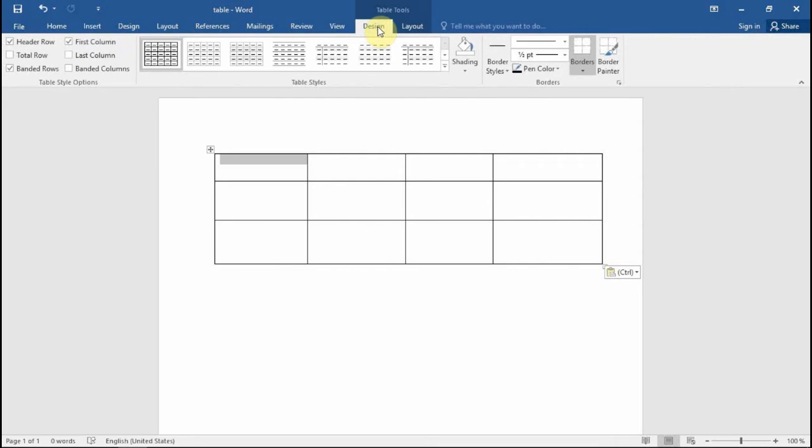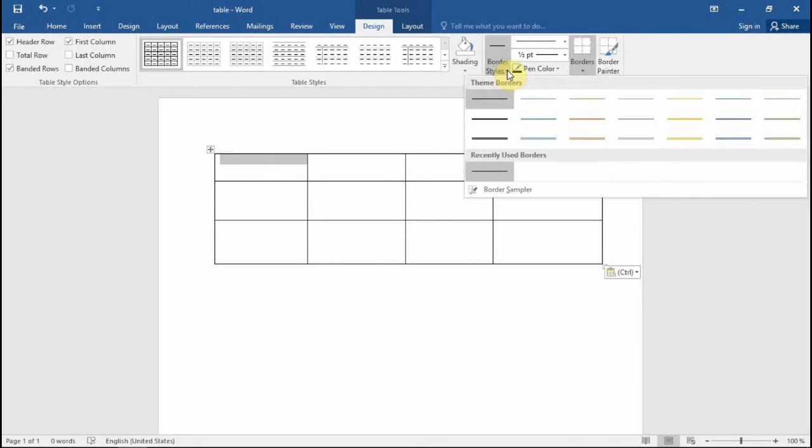Then, of course, I want border styles, so I click on the border styles and I will choose any style that I want. So I will go through the styles. Maybe I want this,